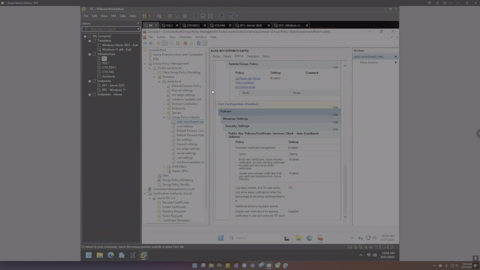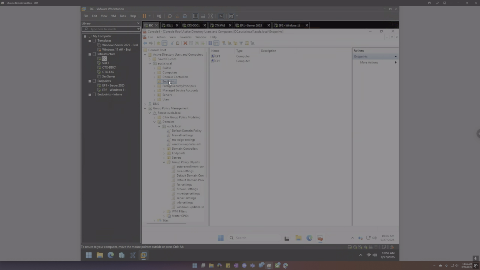All right, so we got a policy. We need to link it. I'm not sure what all I have in the endpoints, but let me check. And it's not going to hurt to deploy it to anything because right now we don't have it being leveraged by anything. Yeah, endpoint 1 and 2. So we'll do that. Link here. All right,